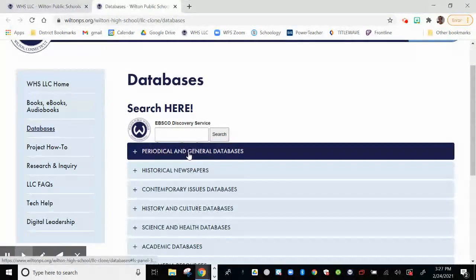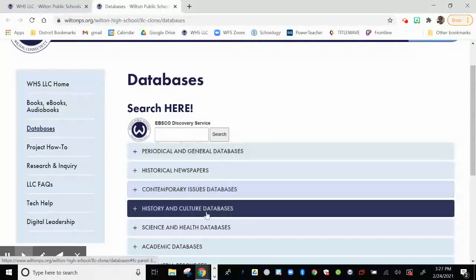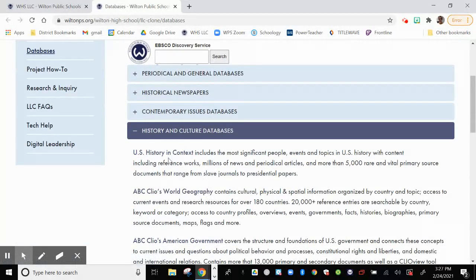history to start building some more contextual information, and also to obtain a triangulation of information from our mining activity, is going to be in our history and cultural databases. And the database we're going to go to is U.S. History in Context. So I'm going to click on that,